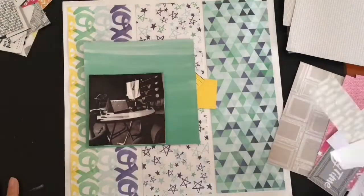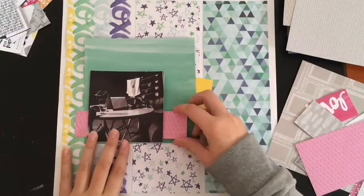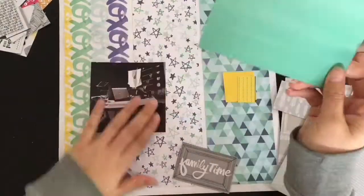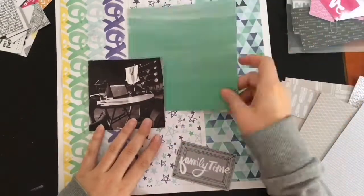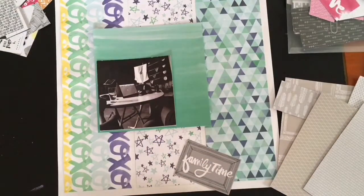And I discovered that the blues in that paper pad are an exact match to the blue greenish colors in the Better Together collection. And I've been struggling to find things to match with the blues in that 6x6 pad, so I am super happy to have discovered that because now I can use it up more easily. So anyway,